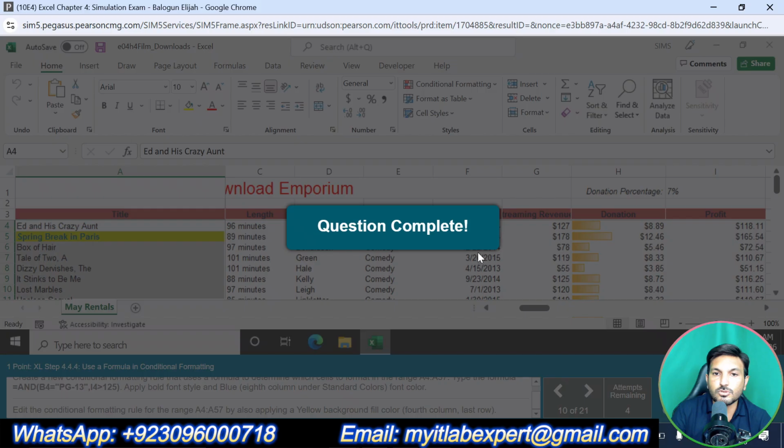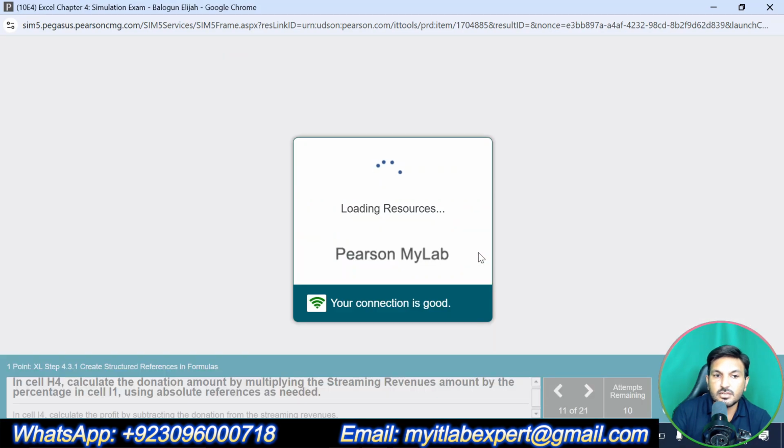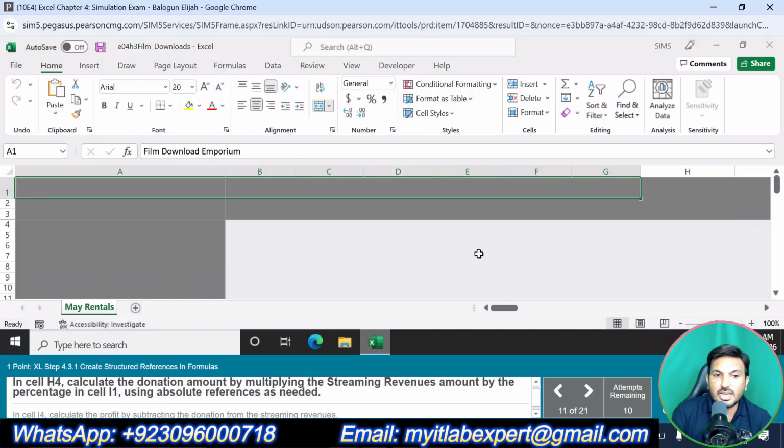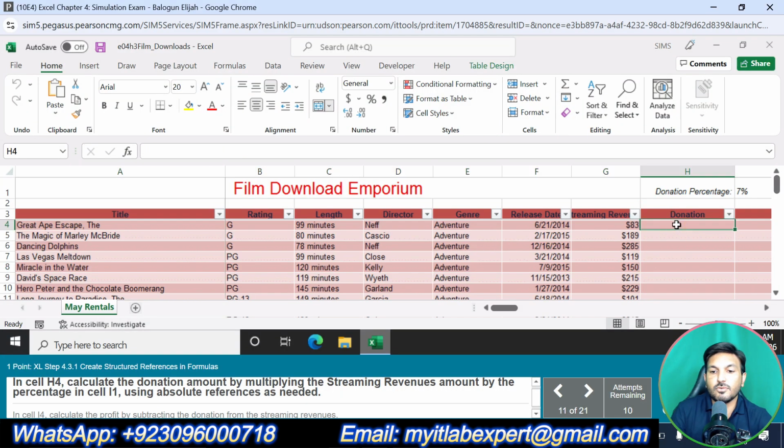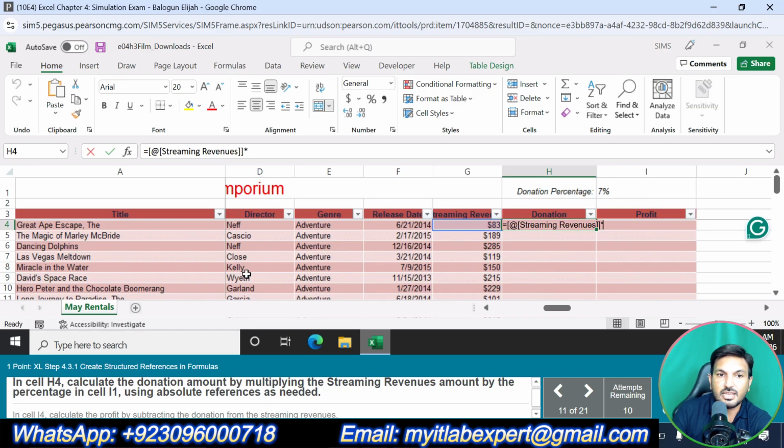Now we are supposed to do the next question, that is question number 11. In cell H4, calculate the donation amount by multiplying. H4 is here. We are supposed to multiply the streaming revenues by the percentage in cell I1, and we are supposed to use an absolute reference for this I1. So we will use the dollar sign here. Okay,